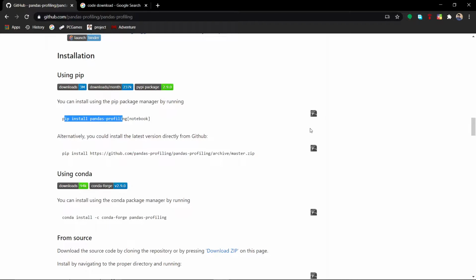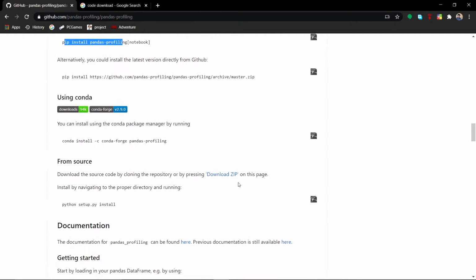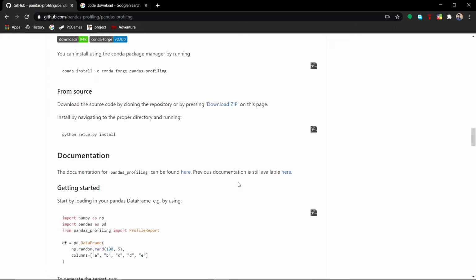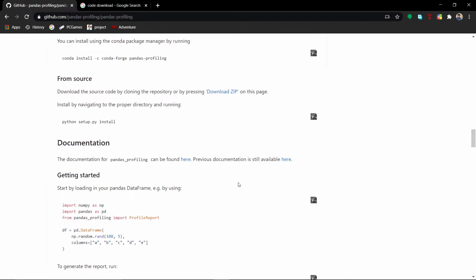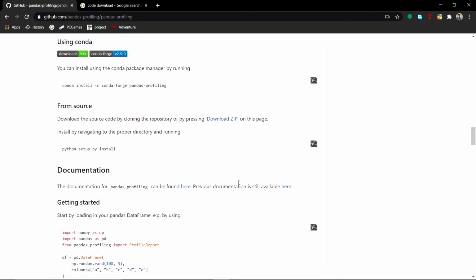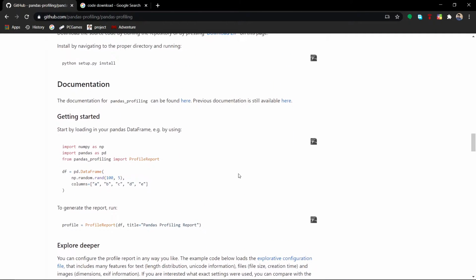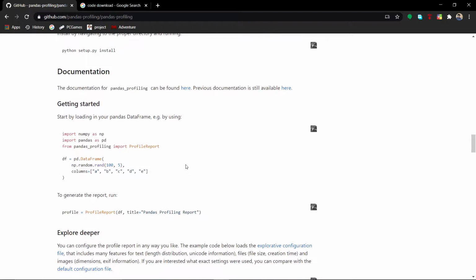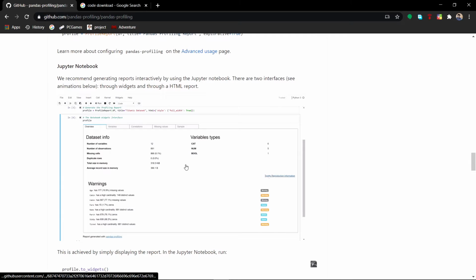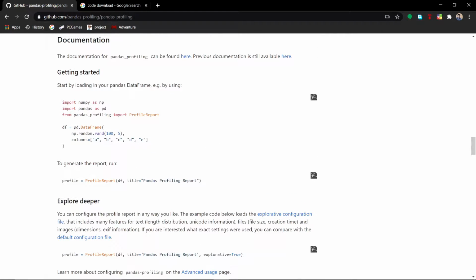You can just copy and paste if you want. It will automatically get installed. I have already installed it on my system, so I'm not going to show you. If you want any help, you can comment down, and I will tell you how you can install the library. I will help you out. You can also see the demo code that the developer has given you. You can check it out. So let me show you how you can actually work on it.